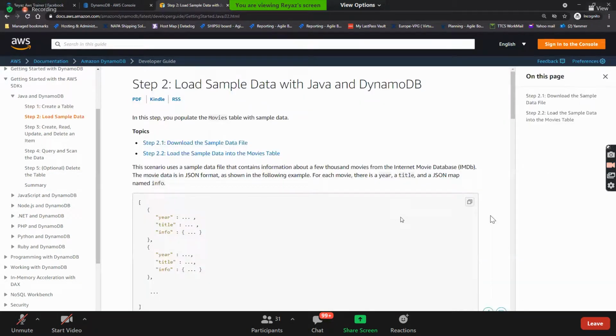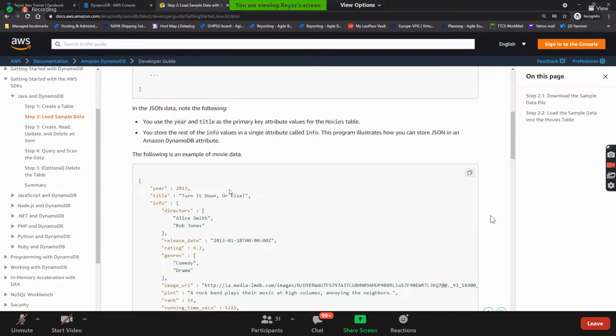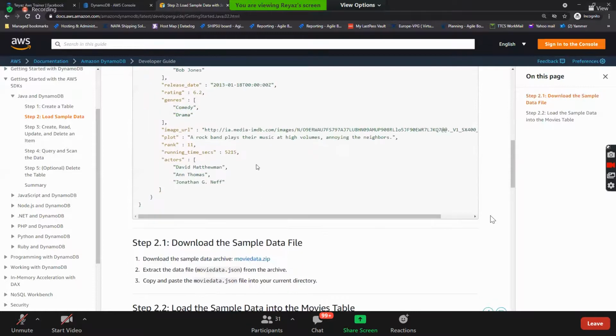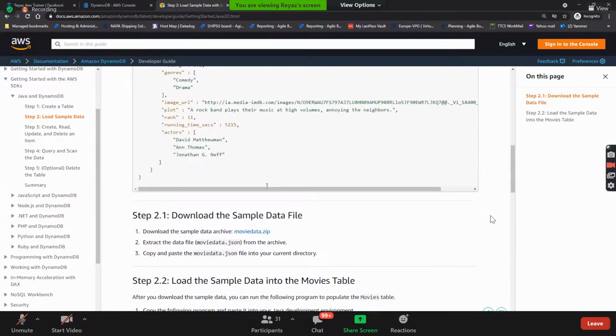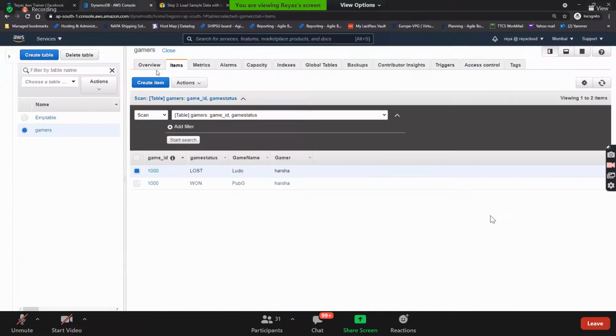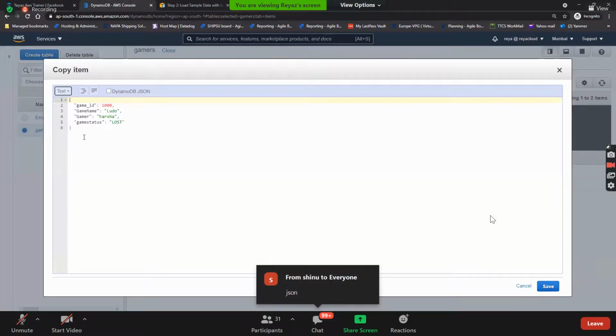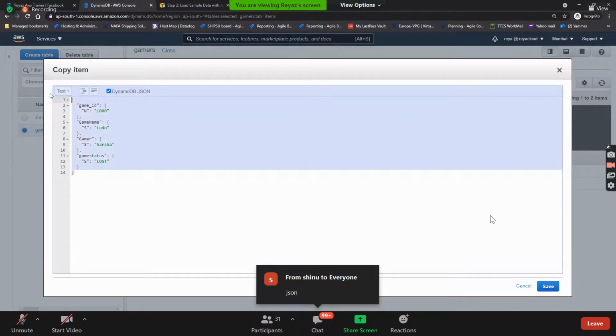And how to load the data? Download the sample file, and then you can just follow this, and you will be able to download and update all the things here. And I would like to show you here also, keep this in mind, all the data is stored. You can put it in document mode, and you can put it in JSON also. Here it is tree mode. If you put it in text, it is key value pair, and if you want JSON, you can go with the JSON also.